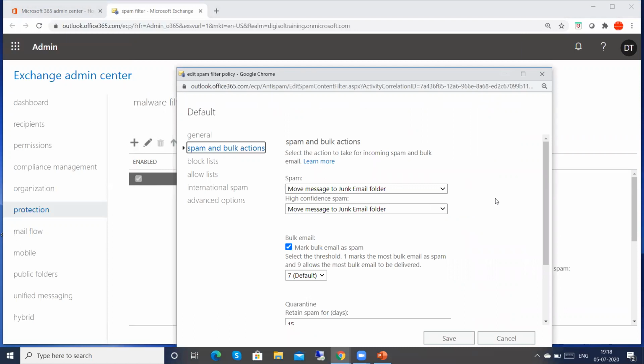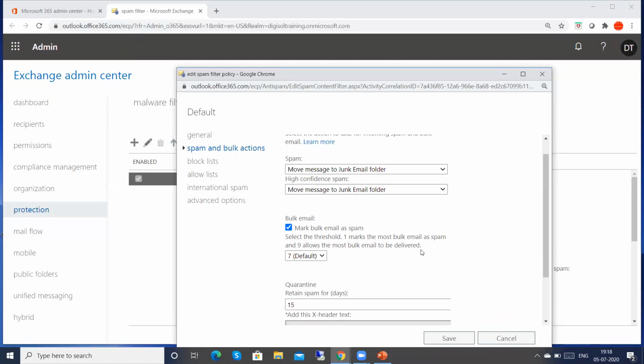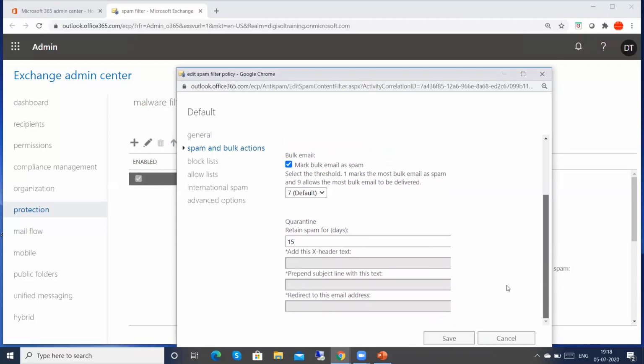This is the default threshold. Mark most bulk email as spam, you can select the threshold: 1 marks most bulk email as spam, and 9 allows most bulk email to be delivered. So this is how you can define the threshold here. The retention period is 15 days, and this is the default one.